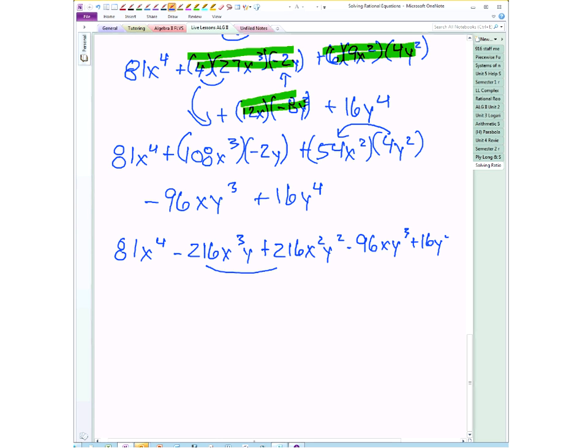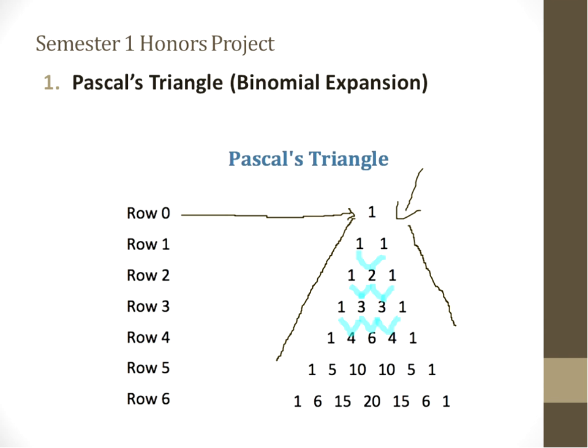96xy cubed plus 16y to the 4th. And that's that. So that's the complete expansion. Like I said, I've got